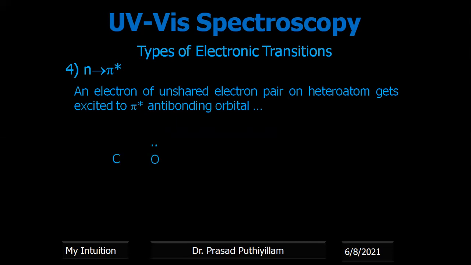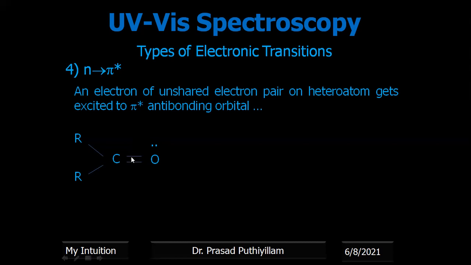As an example, oxygen connected to carbon is an aldehyde or ketonic functional group, or we call it the carbonyl functional group, in which the heteroatom oxygen has a lone pair of electrons, as well as being connected to a carbon by a double bond. Double bond means pi electrons or pi bond. So this lone pair as well as pi electrons are there. Therefore, pi electrons being there means pi star anti-bonding orbitals are also there.